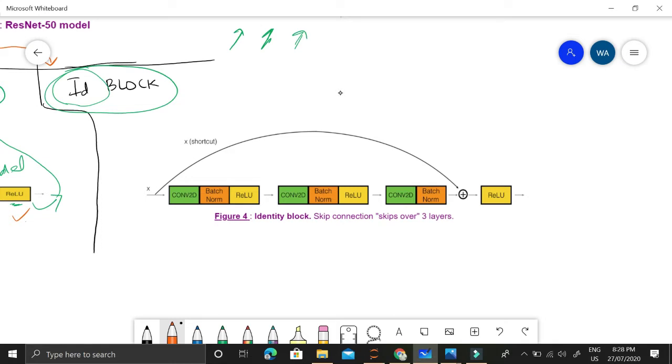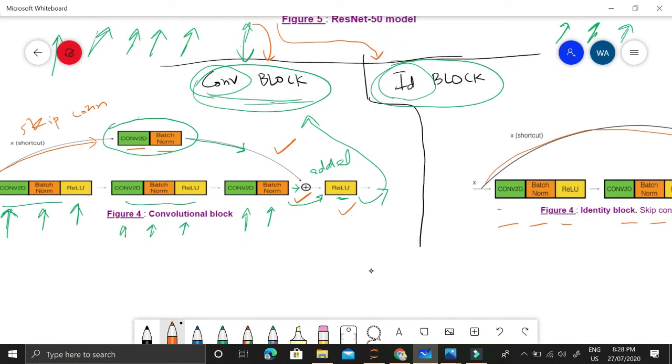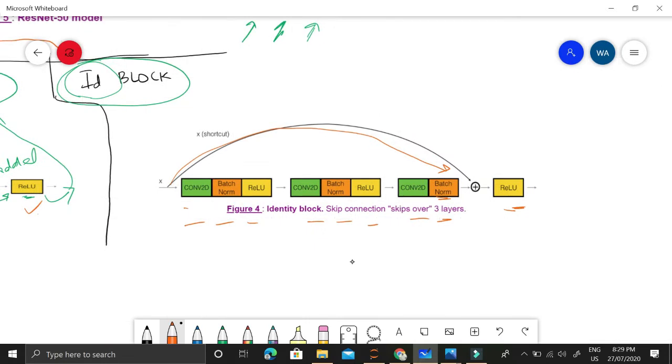Then we will look at the identity block. The identity block is again very similar: Conv2D, batch norm, ReLU, Conv2D, batch norm, ReLU, Conv2D and batch norm. Before the ReLU, we also make the skip connection of x into this batch norm and add x here, and after addition we give that to the ReLU. So the main difference between the identity block and the conv block is the operation on the skip connection. We apply Conv2D and batch norm on the skip connection in the conv block, while in the identity block we don't apply any operation. We directly give input x as one of the parameters for adding within the batch norm. Once we add these, we give it as input, and the ReLU activation function just outputs it. I think this is clear.